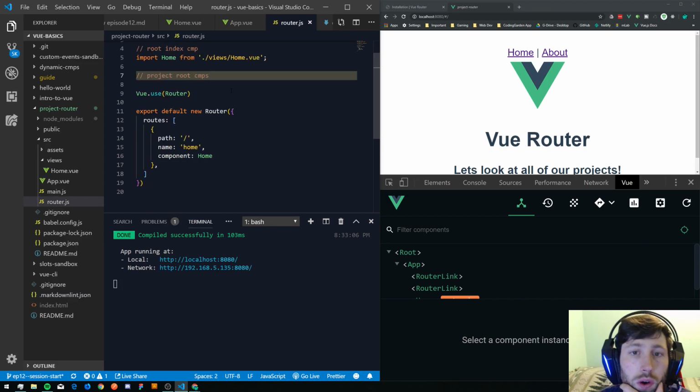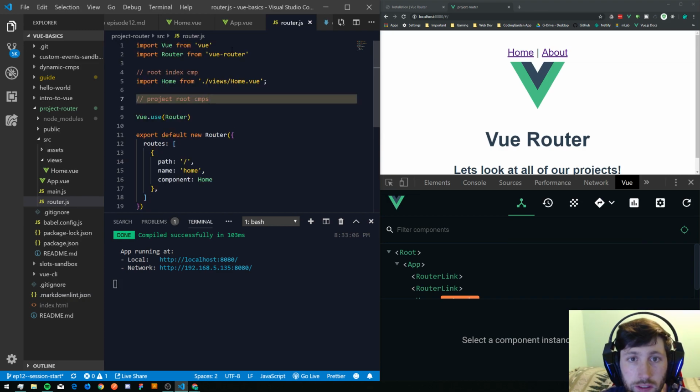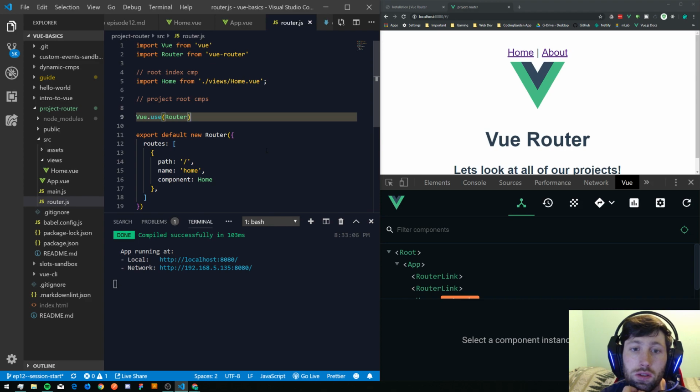So once we have Vue and the router imported, we just call Vue.use, and then we pass the router into that, and that registers the router as a plugin on the Vue prototype that we can use globally, and that gives us access to it